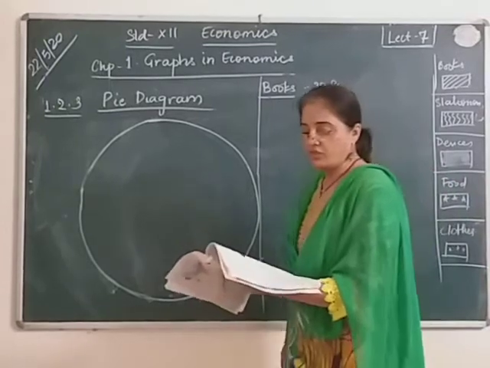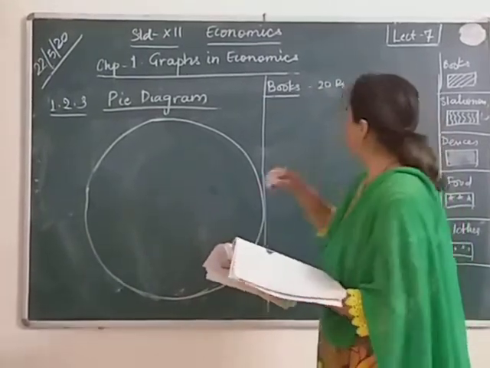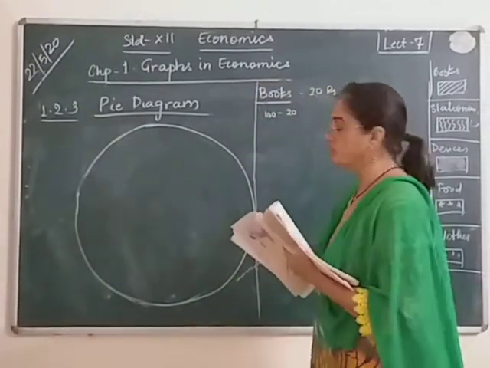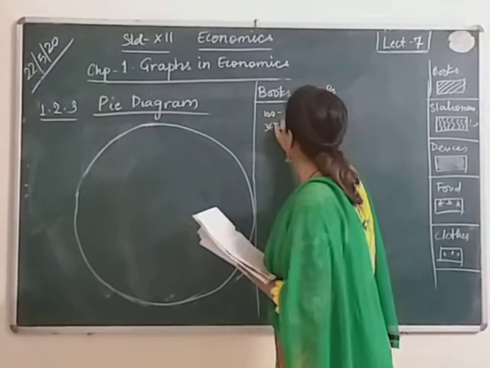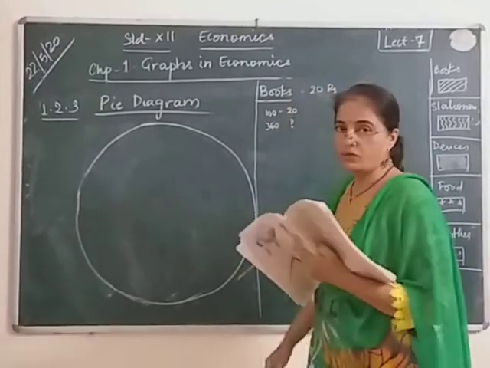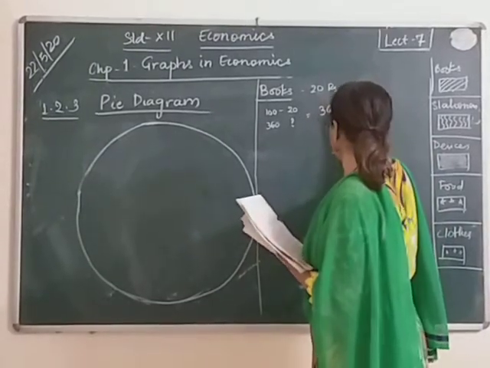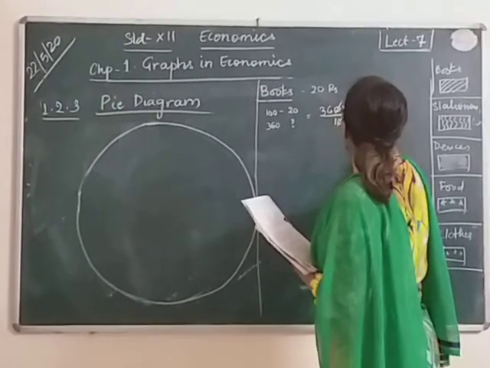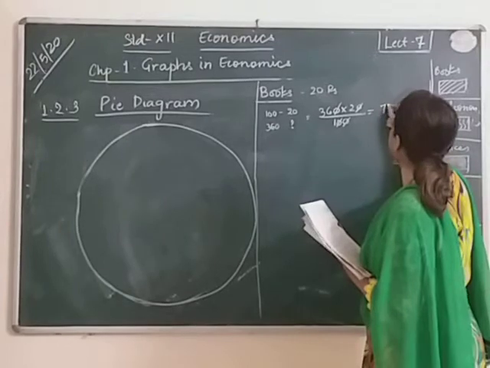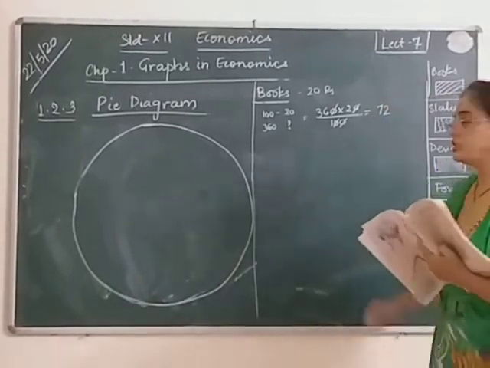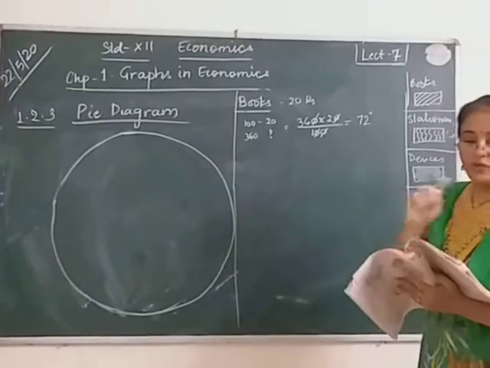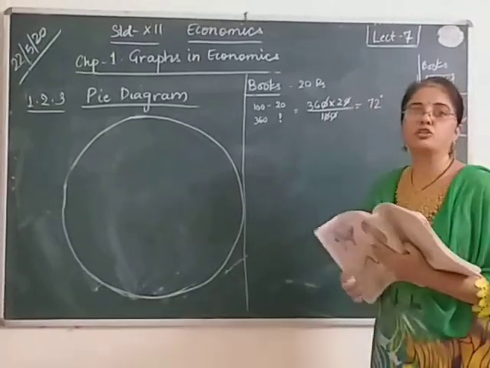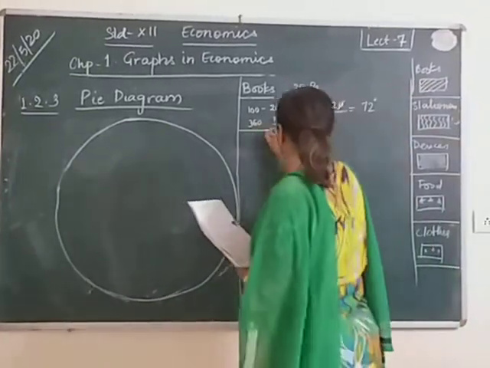Okay. So the first one is books, the calculation for books. From 100 rupees, he is spending 20 rupees on books. That's a cross multiplication that will be done. If you take 360 degrees, how many degrees would it come to? So 360 multiplied by 20 upon 100. That gives 36 into 2, which is 72. So that is 72 degrees. But when you make this, you first have to do the calculation. So we are making the calculation first. This first one is books.